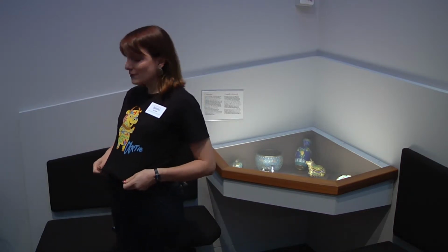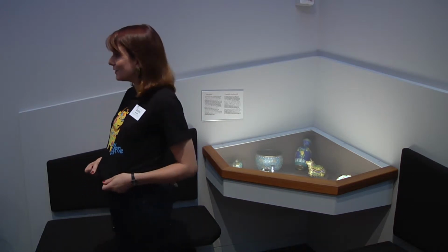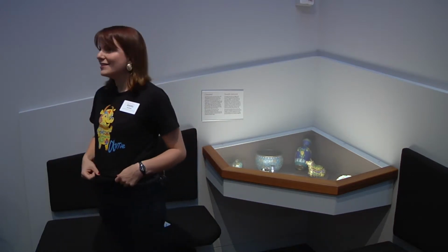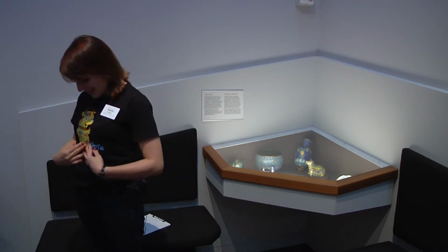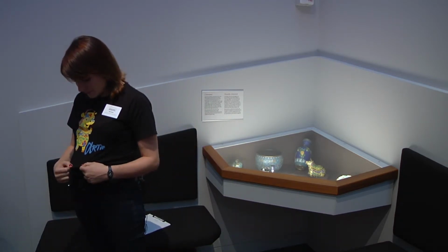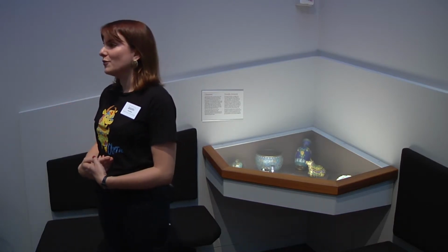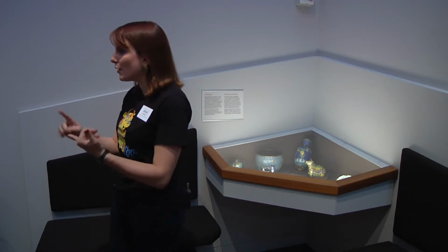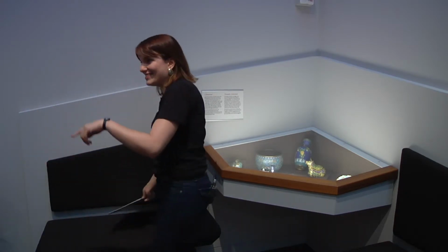Actually, in the store, we have t-shirts for children presently, but I think there's possibilities for more, for sure. Some institutions have done everything, so we've got lots of ideas. Absolutely. And I'll tell you that although this is the first Artie form, there's lots of possibilities for poses and costumes. You've probably...